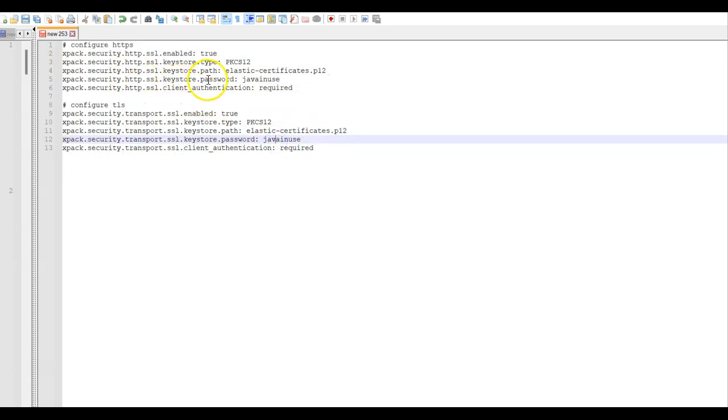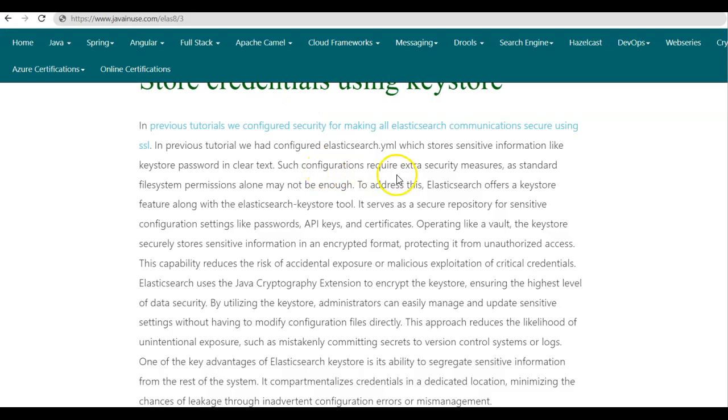Here we are storing the keystore password, javainuse, for both HTTPS and TLS communication, and it is stored in clear text, so anyone can modify this or have a look at it. Such configurations like passwords require extra security measures, as standard file system permissions alone may not be enough. To address this, Elasticsearch offers a keystore feature along with the elasticsearch-keystore tool.